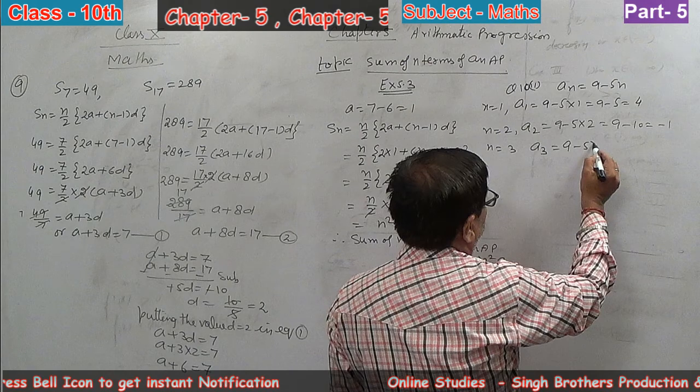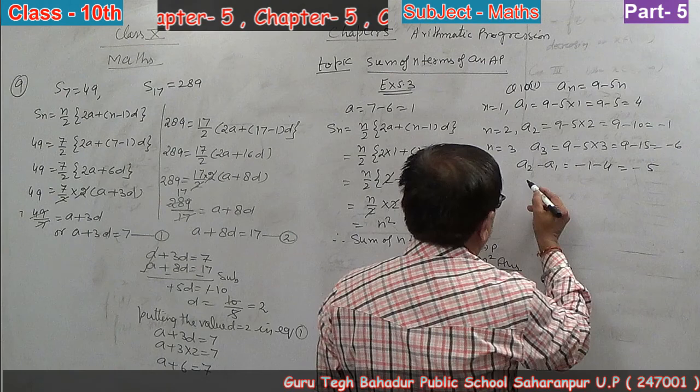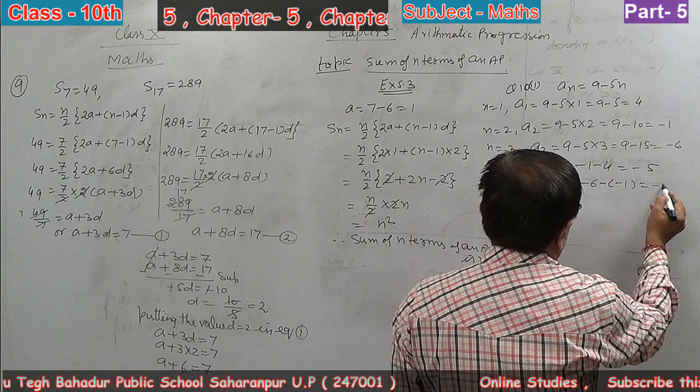So it will be 15 minus 1, d is minus 5. So 15 upon 2, 8 plus 14 into minus 5, 15 upon 2, 8 minus 70, 15 upon 2 into minus 62, 2 cancels with